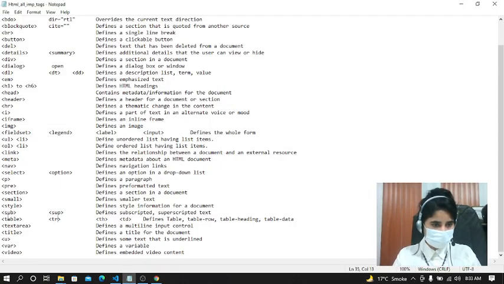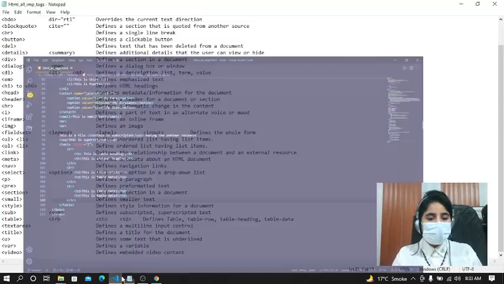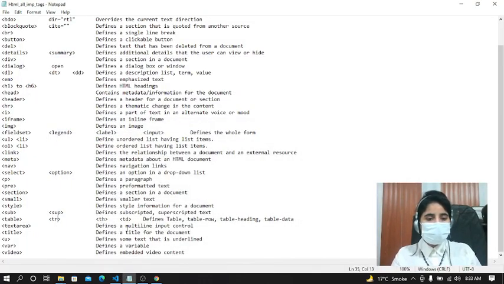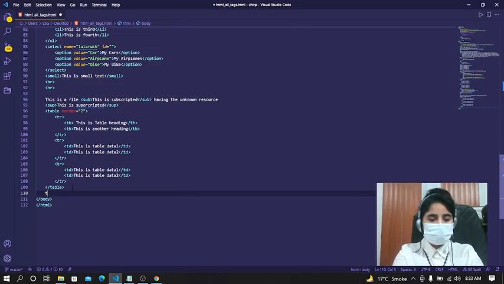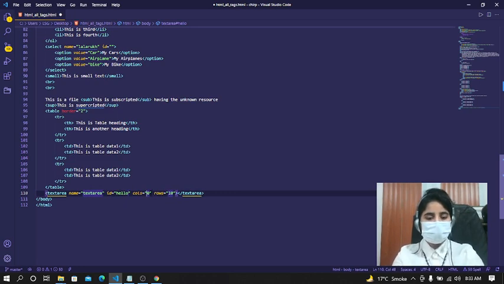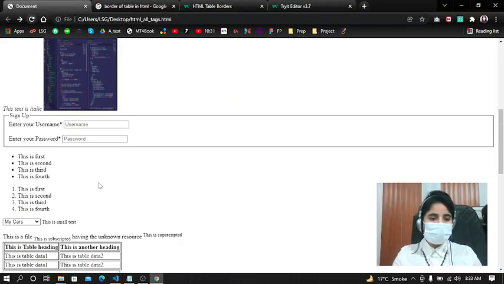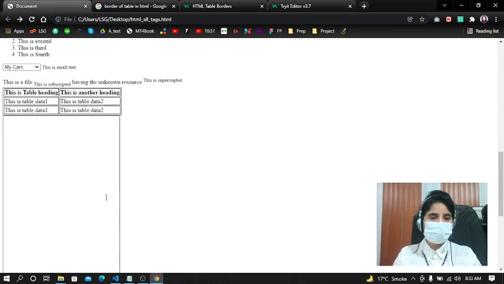So finally the next thing is the text area. Text area defines a multi-line input control. Let's do this one in the table. In text area, the name we can give a random name, textarea. The ID is hello. The cols is 40. The rows are 60. I'm just giving this for instance. Now save it. You see, oh my god,